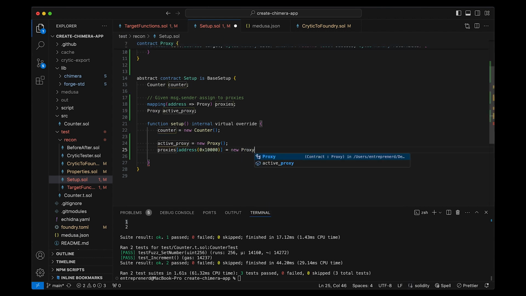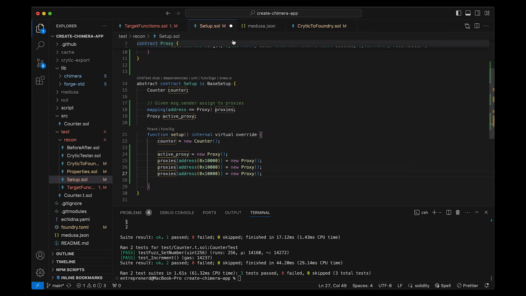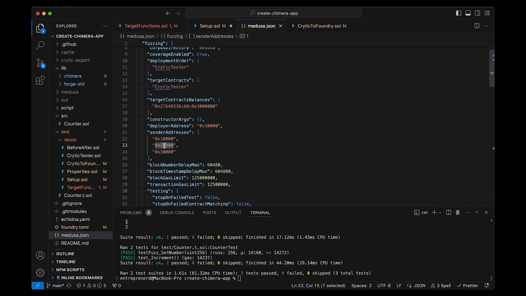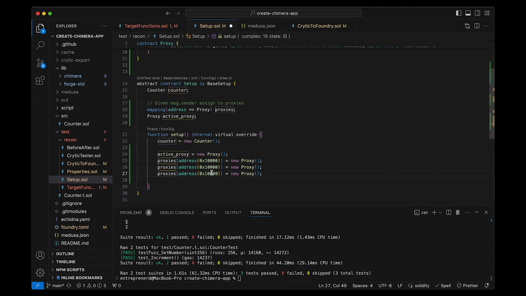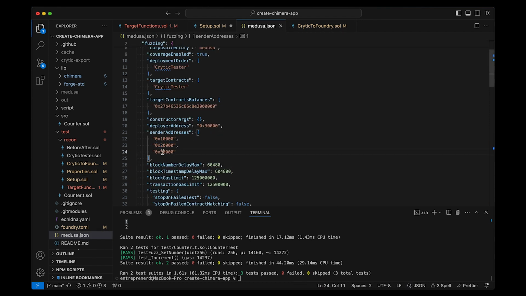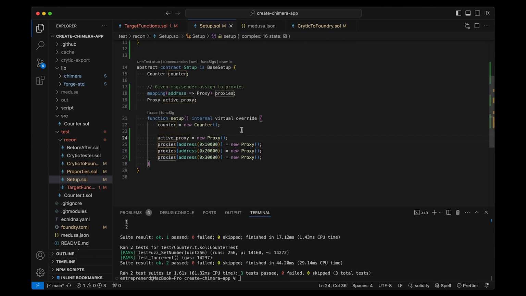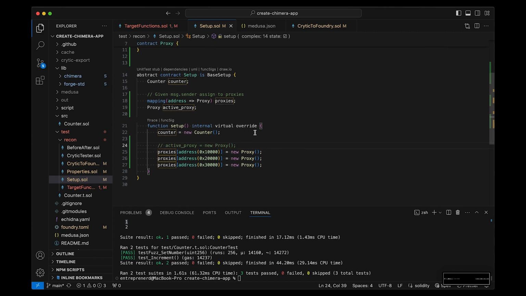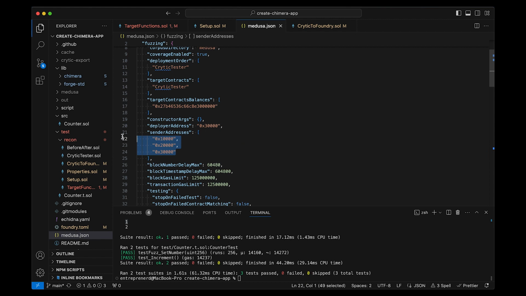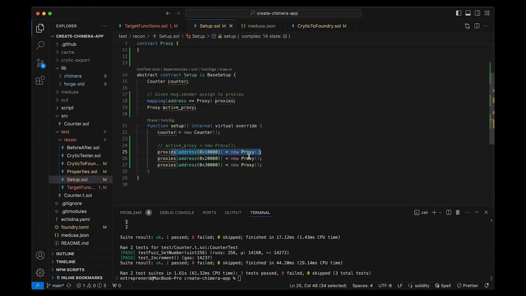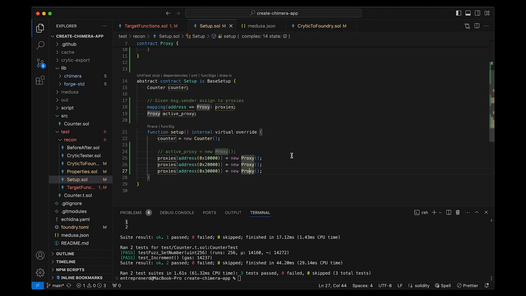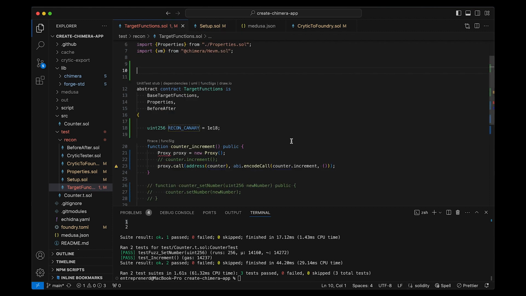to a new proxy. And this is where I think I'm going to make a mistake, because this value will actually not be equivalent to this, whereas I think if I cast it to bytes, it's going to work. And I think the way we can test that will be to never use the default value. So we're going to have potentially some confusion for a moment, but fundamentally all I'm doing is trying to assign the default senders from Medusa to the proxies so that they are matched. And so let's